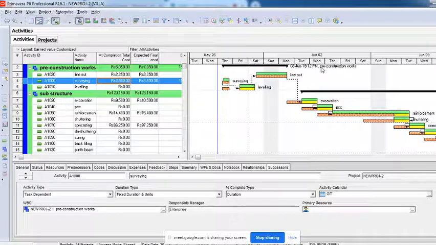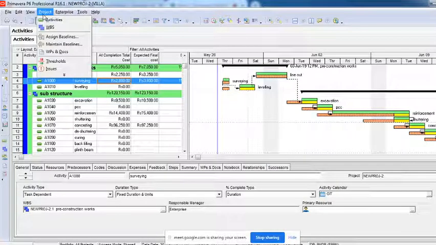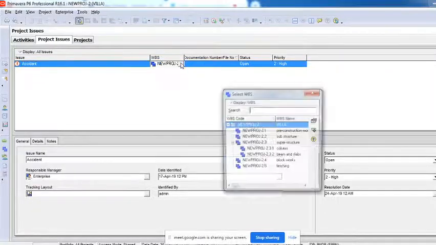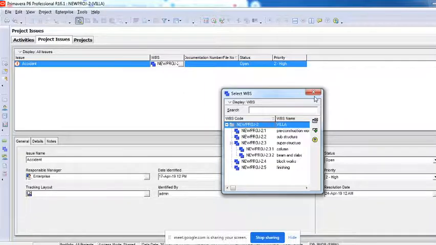Okay. So how do we register that issue into Primavera? By clicking this option called Project. In this Project tab, you have an option called Issues. The moment you click on this, you will find that one more new page comes up, called Project Issues. Here you can see there's already an issue which has been added to this project, called accident, and it is for the whole project, not some particular WBS.